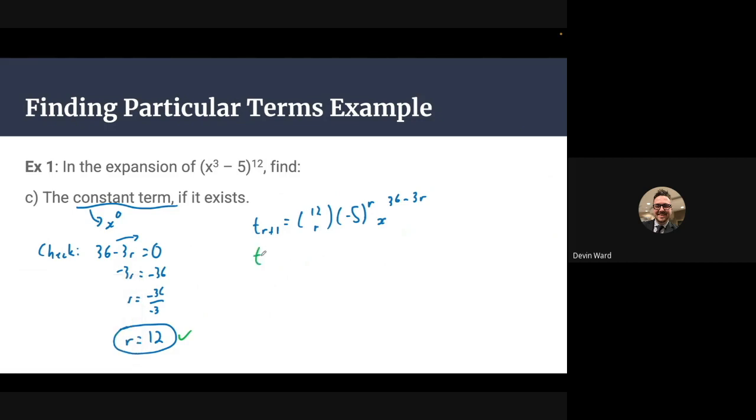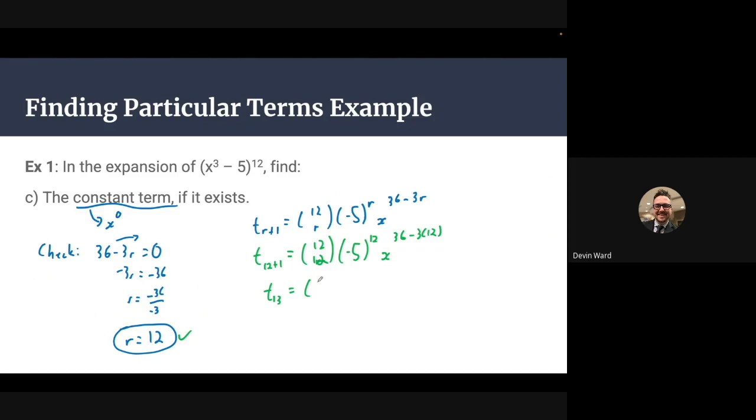So t sub 12 plus 1 equals 12 choose 12, negative 5 to the power of 12, and then x to the power of 36 minus 3 times 12. We can see that it's going to be the 13th term, because t is 13. So my 13th term will be 12 choose 12,